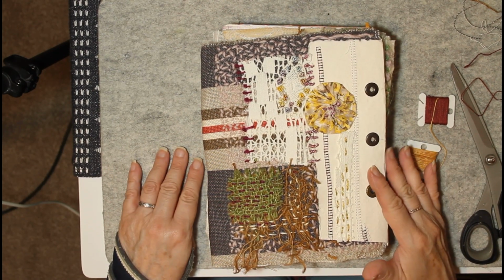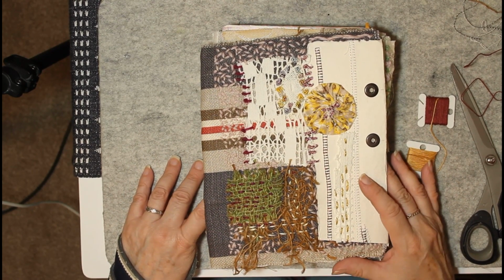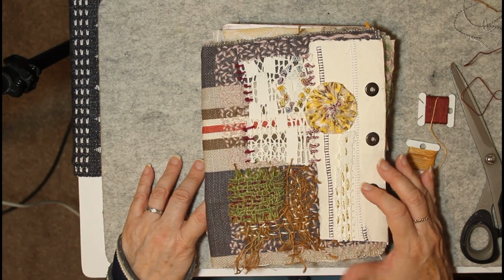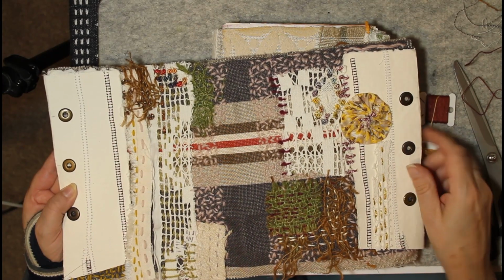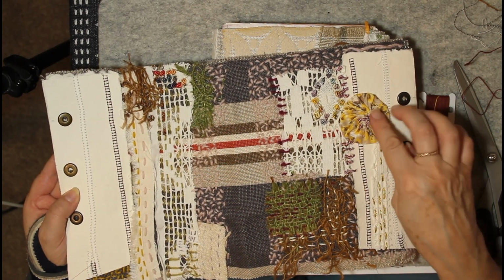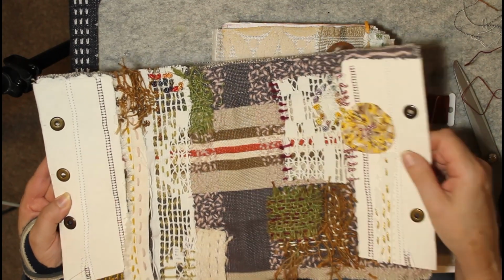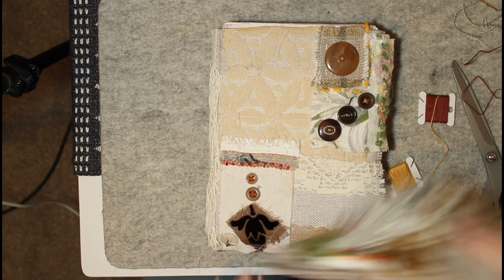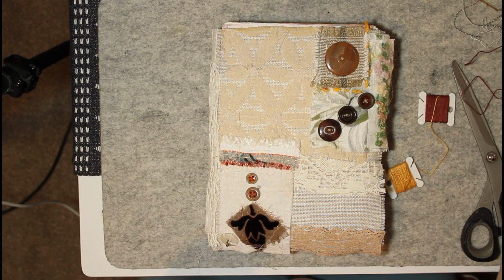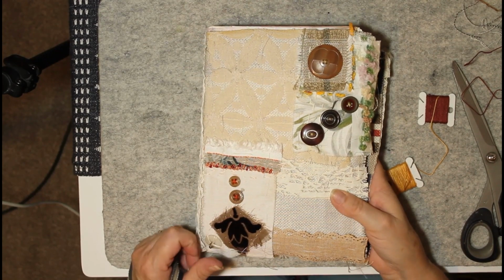And then for my long-suffering lovelies, you'll recall that we did this one, and we were trying out metallic threads, trying out some ribbon work on there. So we will get back to that, but what I wanted to do today is work on our button journal